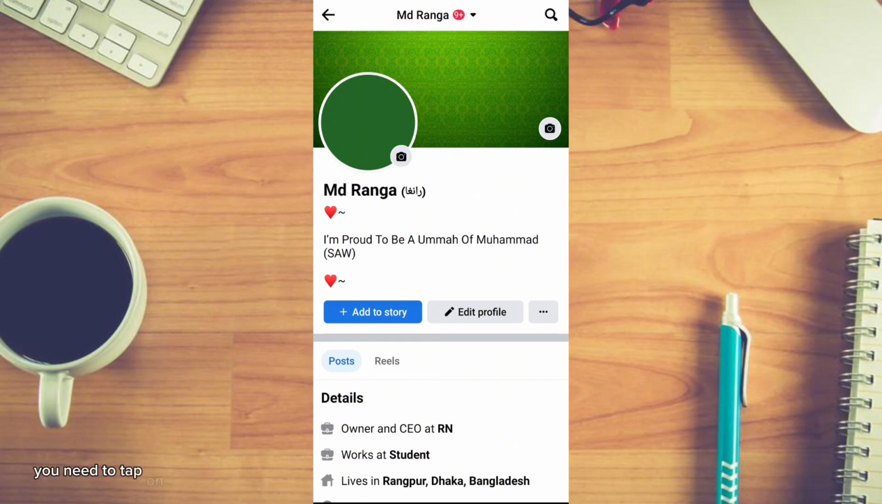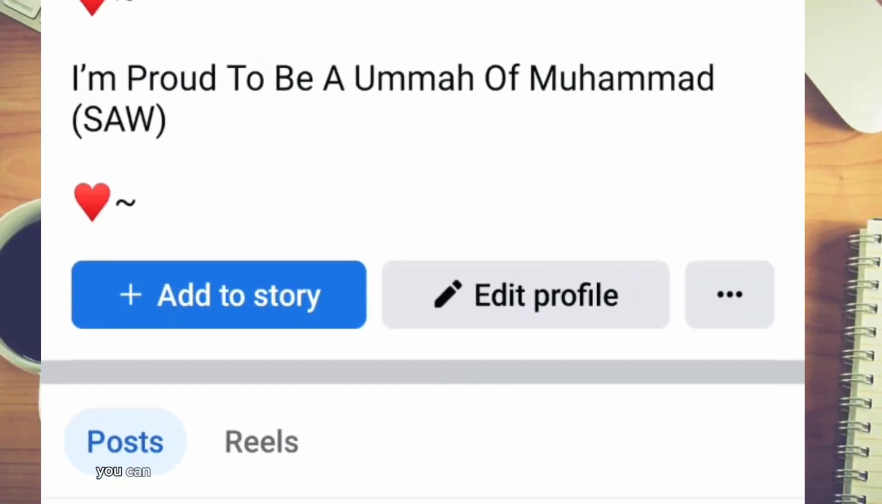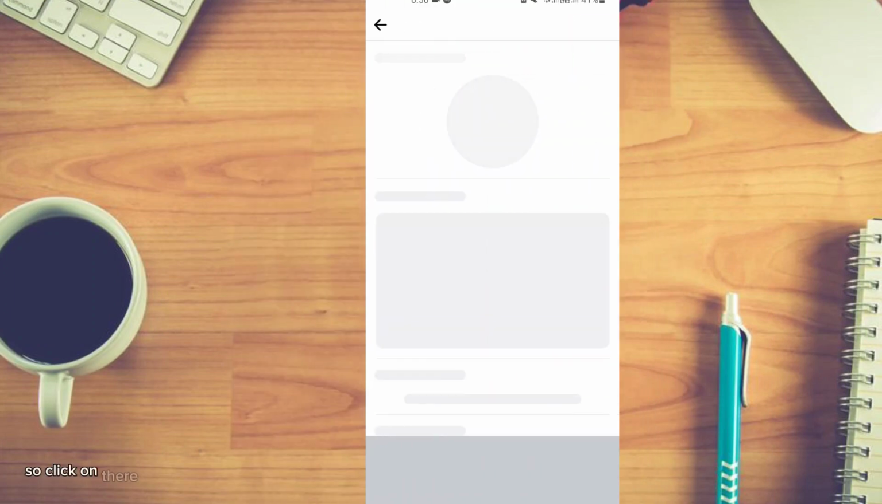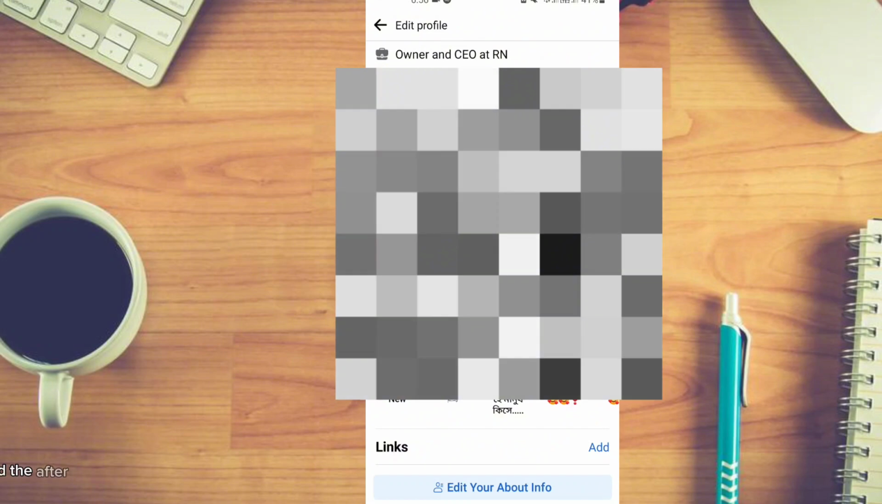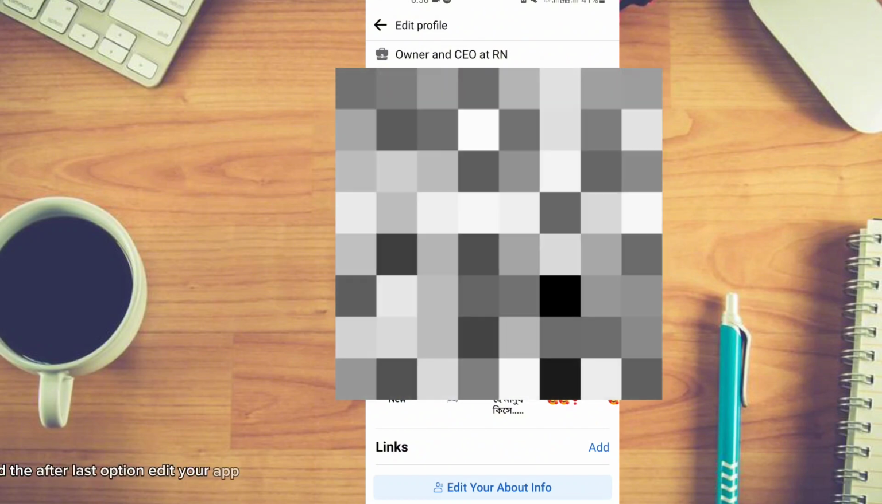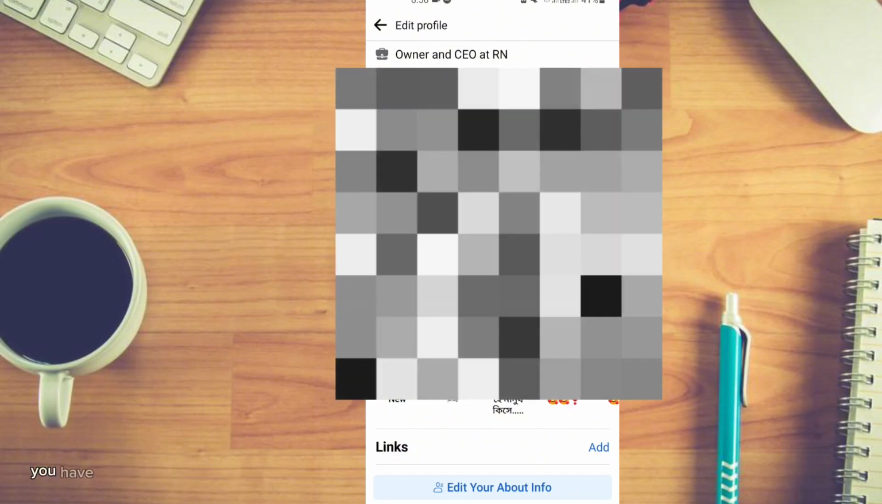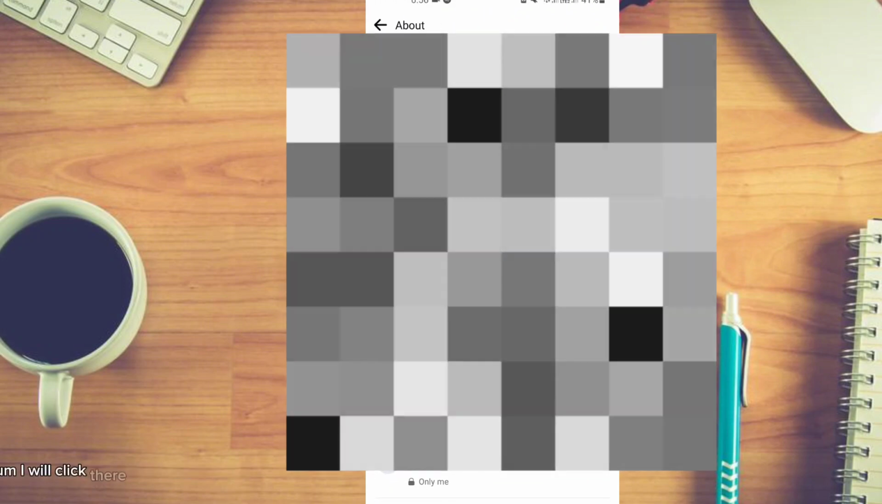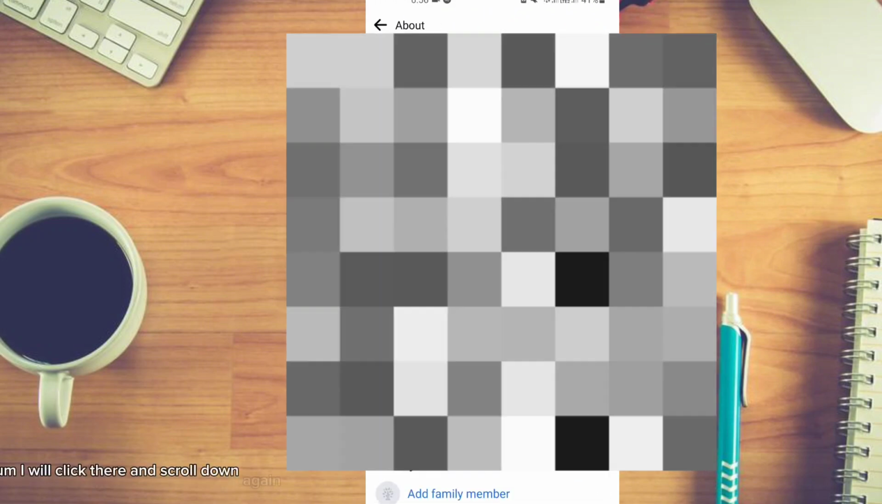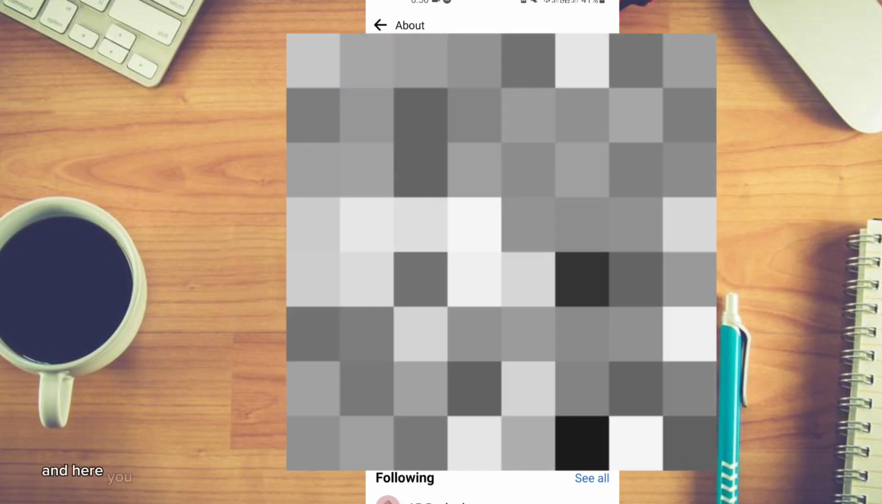You need to tap on edit profile. That's the pin option, you can see. So click on there and scroll down, and after the last option, edit your about info, you have to click on there. Okay, I click there and scroll down again, and here you can see music, add music, click